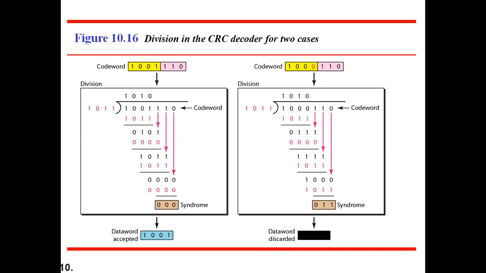So the only way to confirm whether an error has occurred in the transmission or not is the syndrome bit. That is nothing but the remainder at the receiver side, which is called a syndrome bit. If the syndrome bits are 000, then the data word is accepted. No error has occurred in the transmission. If the syndrome bit is anything else apart from 000, then the data word is discarded. That means some bit got changed during the transmission. That's what we did, we changed one bit, so definitely we are getting some kind of remainder here, so the data word will be rejected.